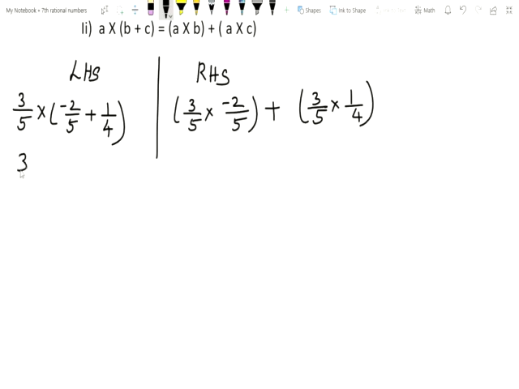So 3 by 5 into, here the denominators are different. Here the addition symbol is given and the denominators are different, so we have to take the LCM. Okay. So 5, 4, here 1 is the common factor. In this situation we have to multiply the denominators directly. So 5 4s are 20. Now you multiply this with 4, and this one you multiply with 5. Then only you will get 20. So 4 2s are minus 8 plus 5 1s are 5.